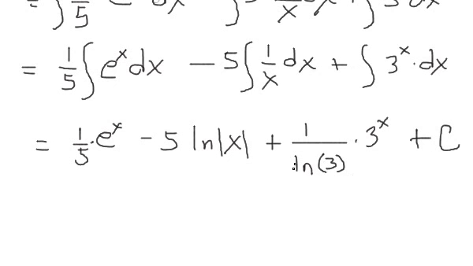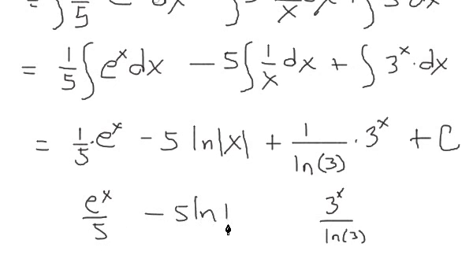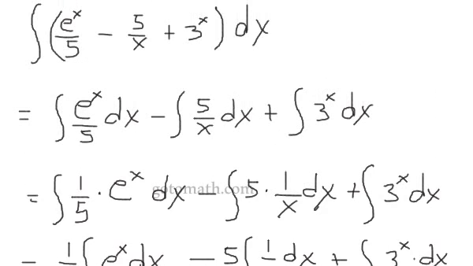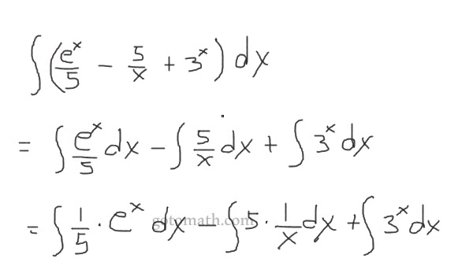You could rewrite this piece right here if you'd like as 3 raised to the x over the natural log of 3 if you wanted to rewrite that. Of course this could be rewritten as e to the x over 5. I guess I should just go ahead and finish the whole thing. The natural log of the absolute value of x plus, and then plus c. Alright, so once you get good at this stuff, you don't really even have to do all that. You'd skip a lot of steps. You just go from there to the answer, you know. But I just want to show you that you can break all